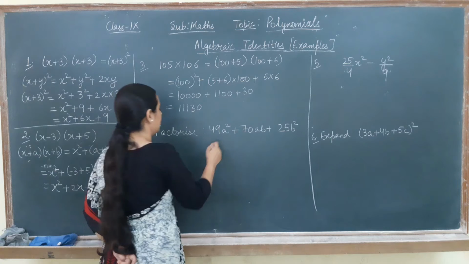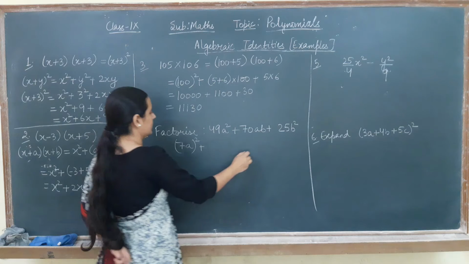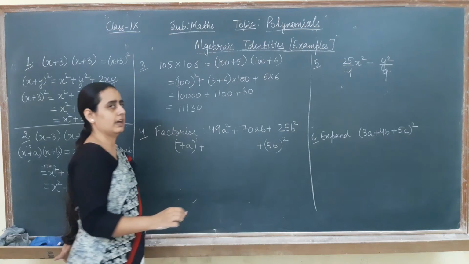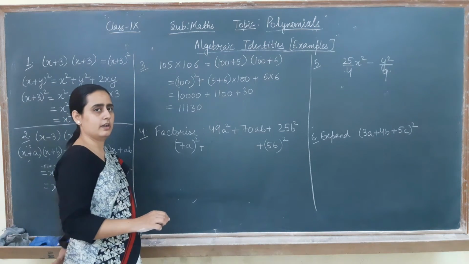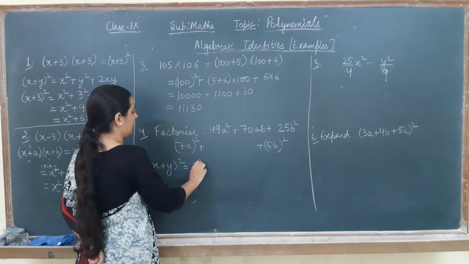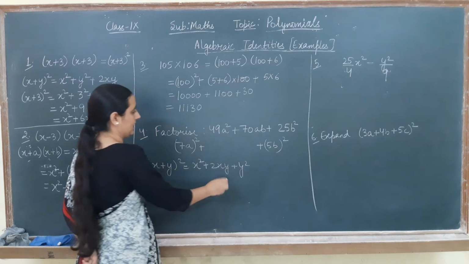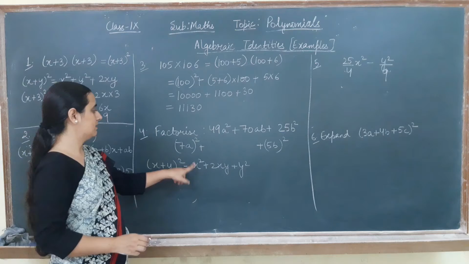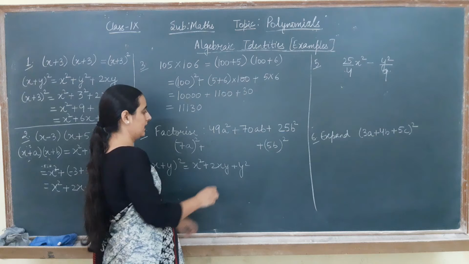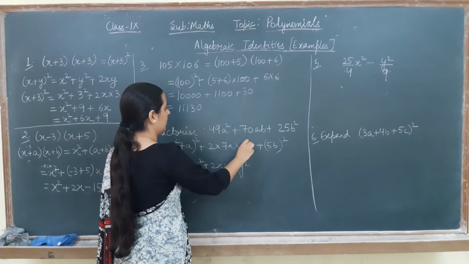Like it can be written as 7a square plus, let us leave this part, 5b square. Now if I remember the identity of (x plus y) whole square, it says, let us write only x square plus 2xy plus y square. I have changed the places according to the question. This is my x square, this is my y square. That means in the center it should be 2xy, 2 into x is 7a, y is 5b.